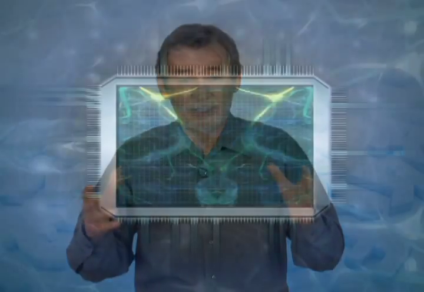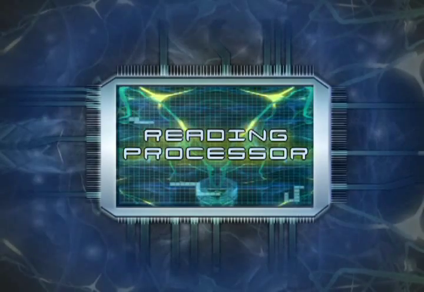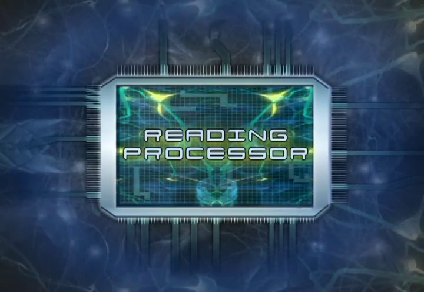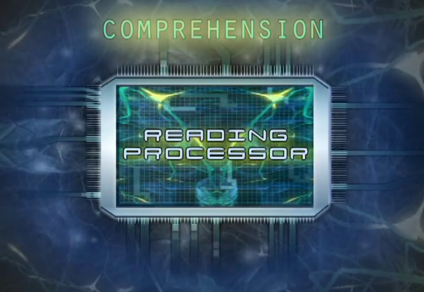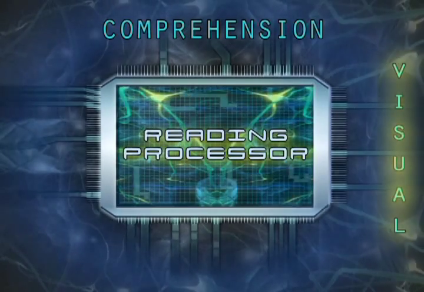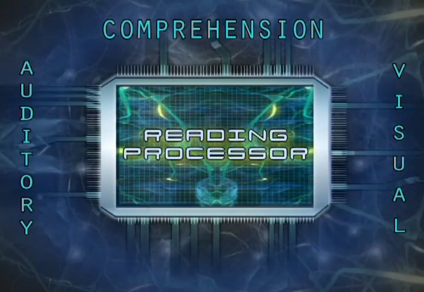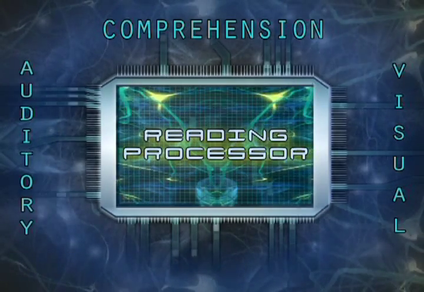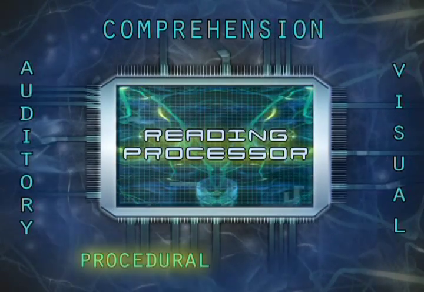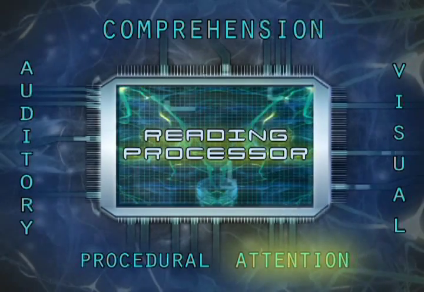The brain's challenge is essentially a processing challenge. Deconstructing this challenge, we see that there are a series of sub-issues that must be understood. Essentially, in order for the reading process to generate a comprehensible simulation of language, the brain must process incoming visual information, the code, into an assembly of auditory memories according to the instructions and information contained in that code and according to previously learned procedural instructions about how to process that code, and do all this fast enough for attention to the processing involved to stay engaged.